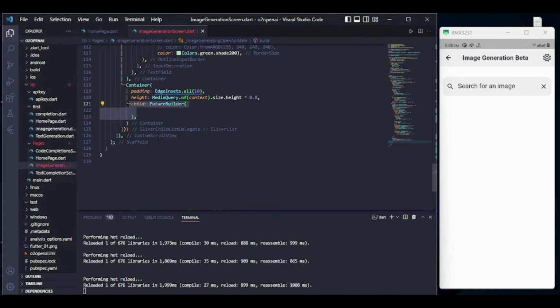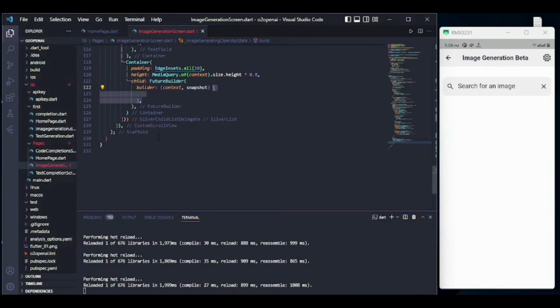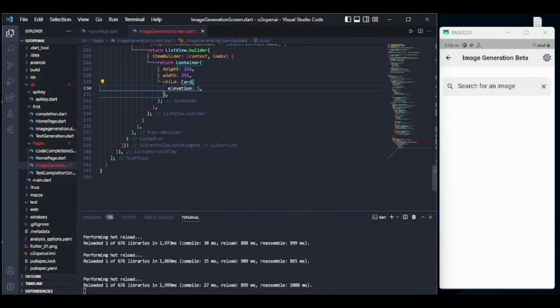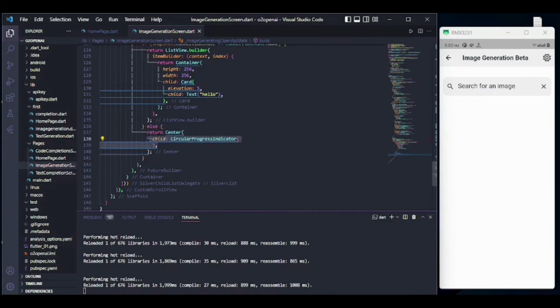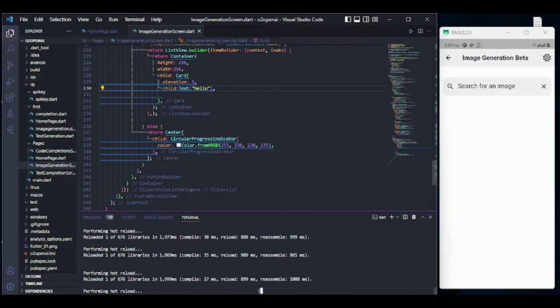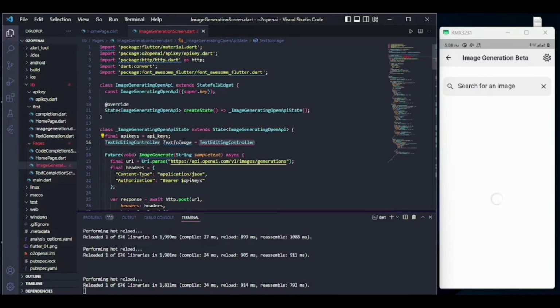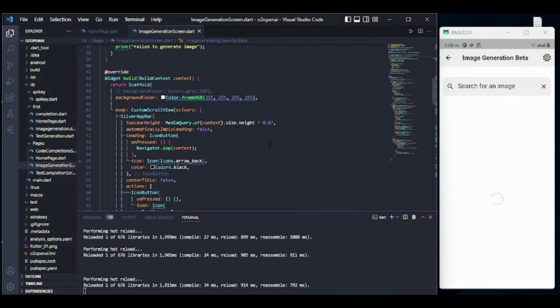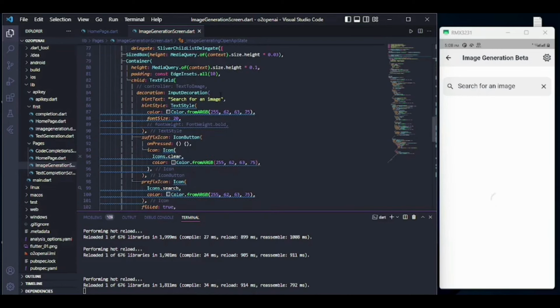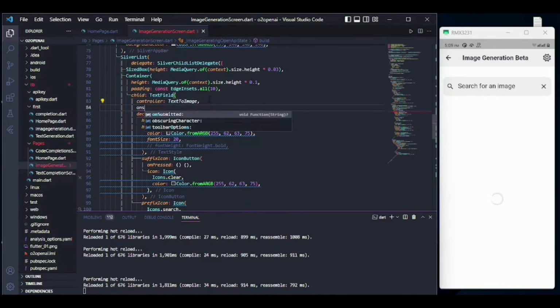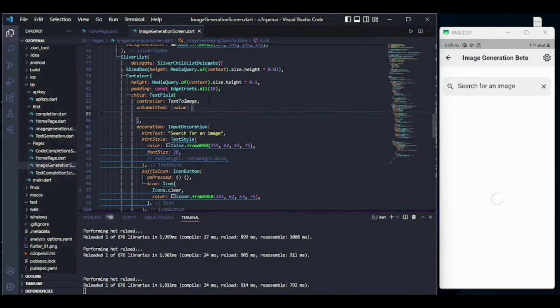So to show the images, let us quickly create a container, and inside the child let us call the future builder, which requires the context and snapshot, and if connection state is equal to done or completed, then it will return a card, else it will return a circular progress indicator. It is pretty much simple. Also, let us create a text editing controller. In the text field, add a controller. It should have a similar name as text to image. I have created a controller text to image, and on submitted, I will